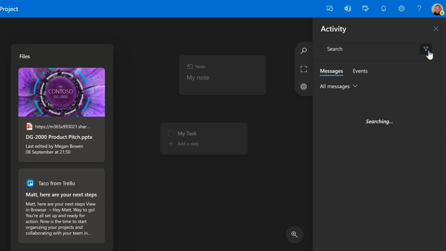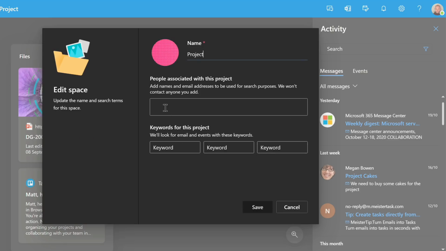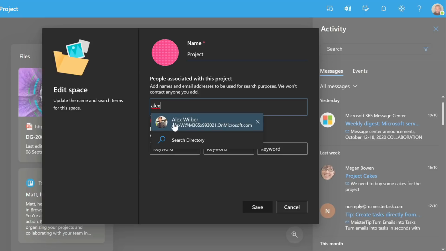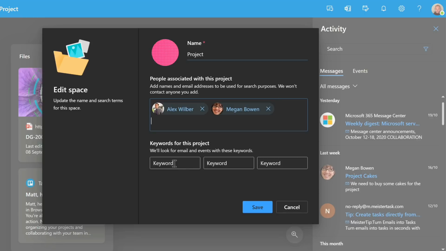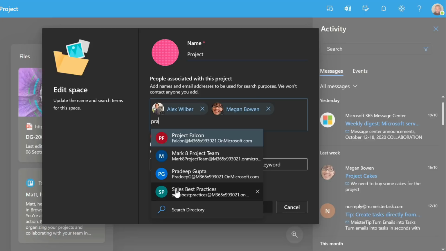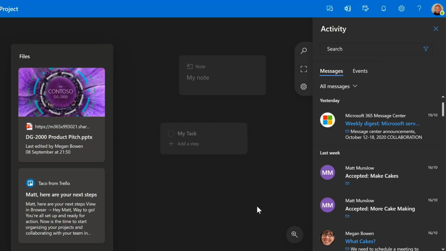And this is where the space settings are useful. If you press this cog, which takes you to the settings page, which is the same page you see when you create the space, you can choose which people are associated with the space, and it suggests email from them that you might want to add to the canvas. So you just type their name and it will pull them from your organization's directory. You can also add keywords that Mocha can look for in your mailbox as well. If I add some keywords here like cake and project, it will use those to look into my mailbox and suggest email where it finds those keywords.